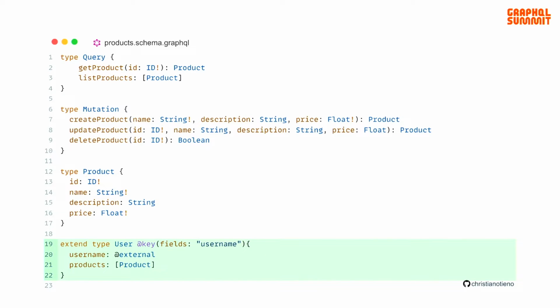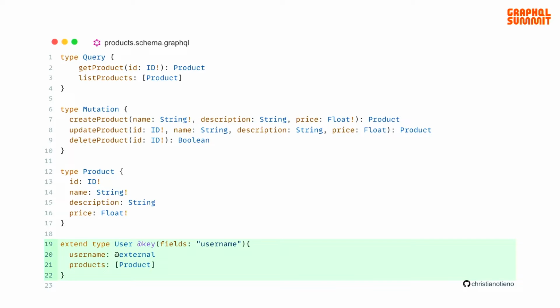We can try to use the extend keyword on the type User and just resolve for, so we are creating a stub on the user's type, where we are only resolving for the products inside of the user, and the external directive basically just says, okay, this type User, the username, we are assuming it knows that the supergraph will know